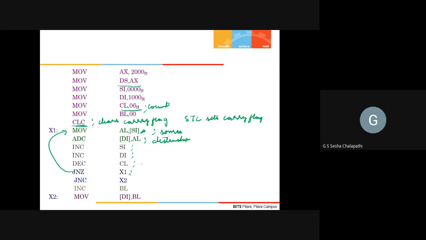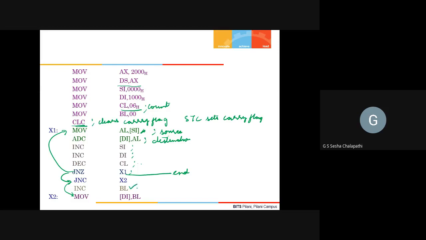Now after the loop is completed, it will come here. If carry is set, I will go to this particular instruction. If carry is generated in the last addition, I will increase BL, and that increased BL I will store in DI.